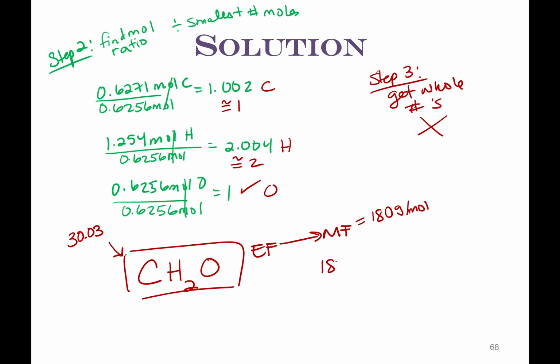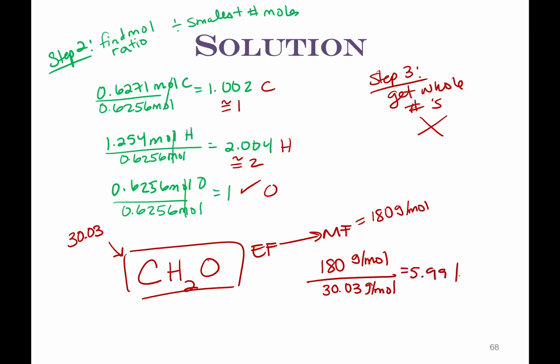So 180 grams per mole divided by 30.03 grams per mole. So 180 divided by 30.03 is